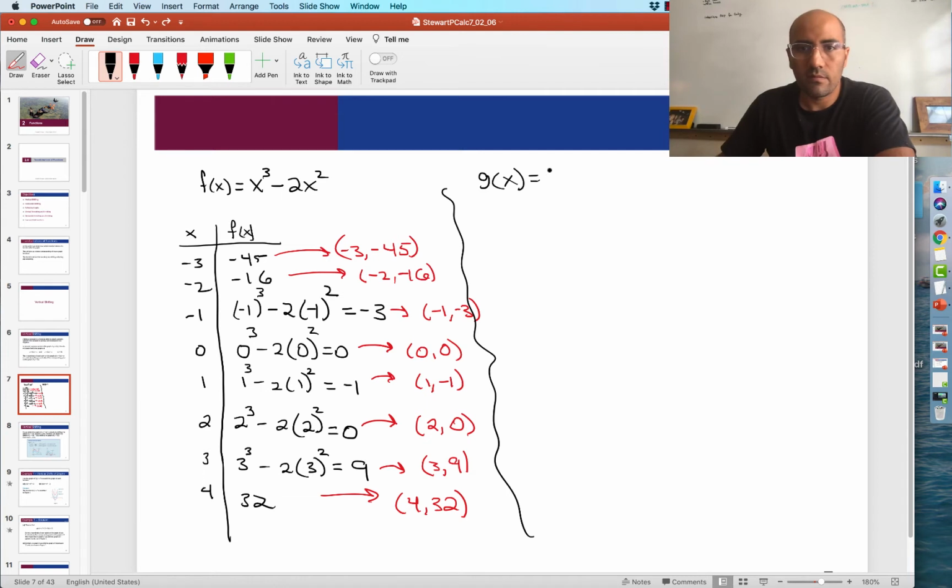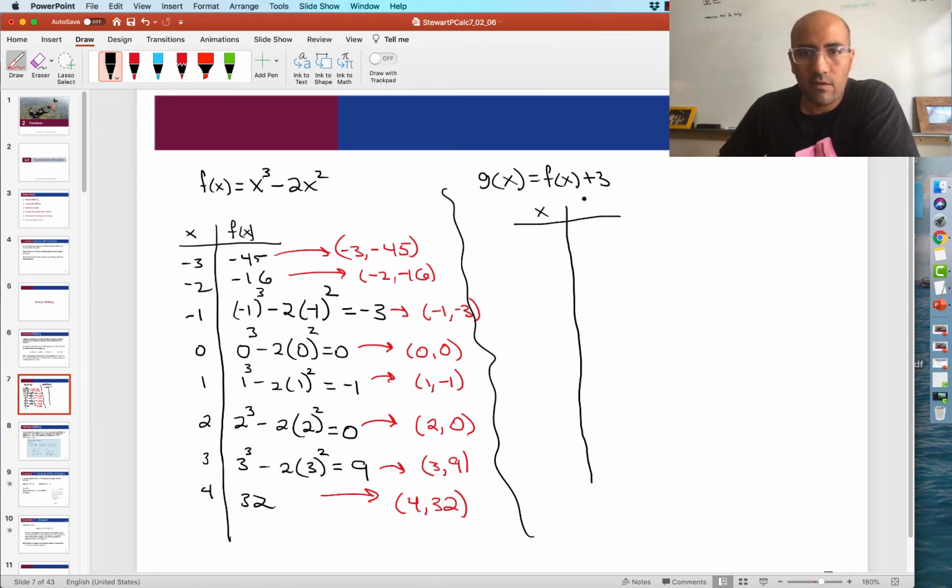of x plus 3. Okay, all right, so now we can again create a table of values, x, and now this new function, g of x. And again, let's just type in some easy values. So if we try typing in x equals 0, then g of 0 is going to be equal to